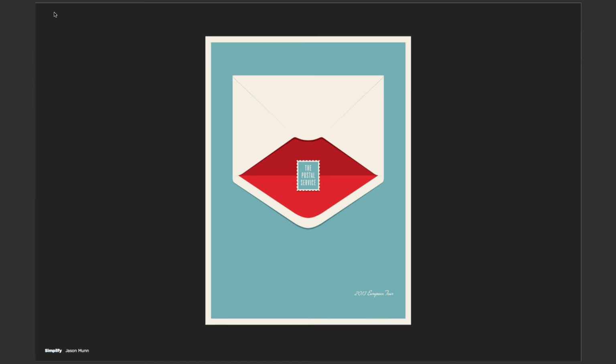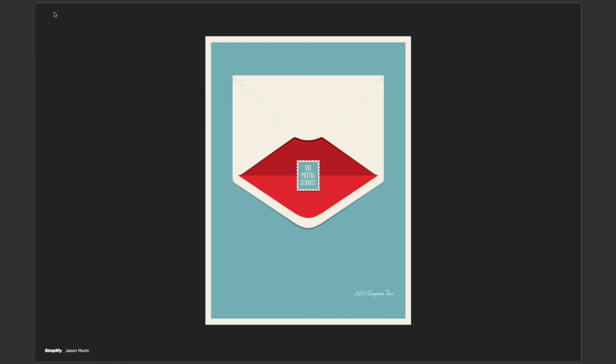Jason Munn is a master of this simple style, and he's a great source of inspiration for this assignment because he's worked on a lot of music posters. This one for the Postal Service is an amazing example. The envelope is opening up, and the inside is creating a set of lips that is kissing this stamp. So we have a combination of the content of the Postal Service music mixed with a reference to their name